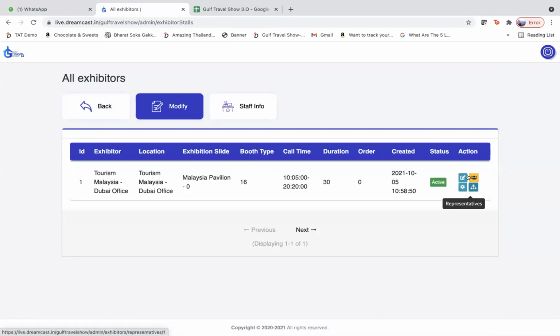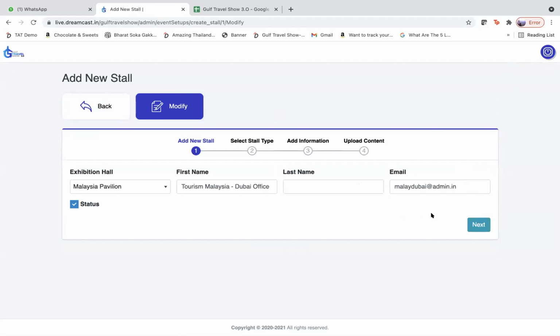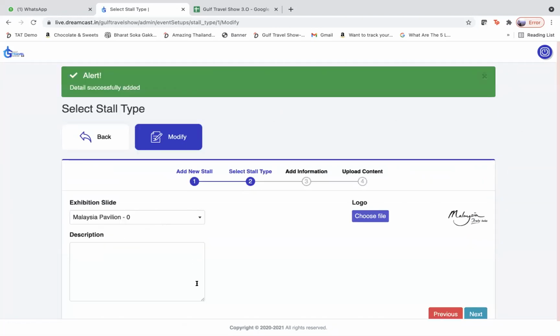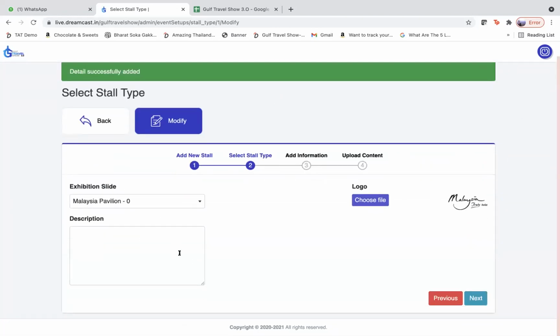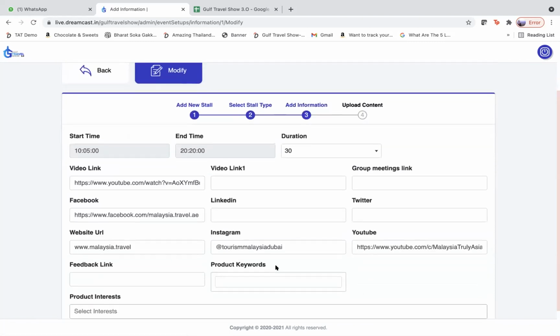And in the edit option, you can edit a lot of things. You can upload one by one. There is a next option. You fill in the details of the stall. You can fill in the description if you have it in the Google Drive. You add the logo if it's not already there. You can add the starting and the ending time.